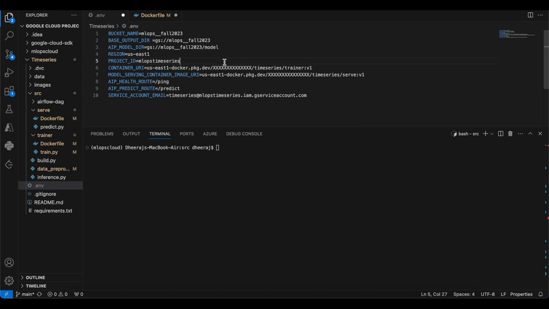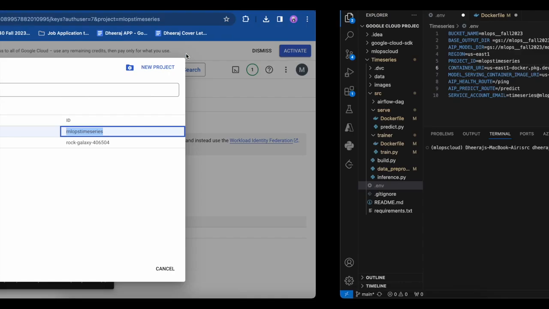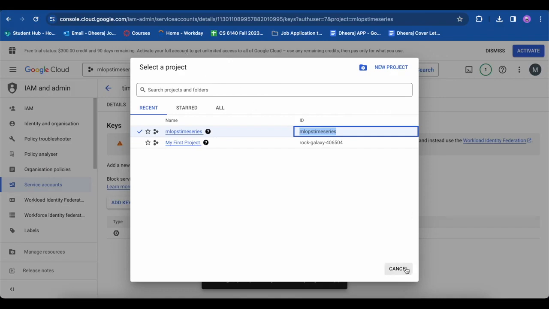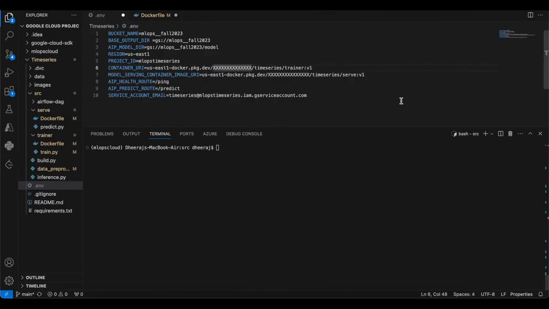So once you're done, later you need to replace these xxx with the folder names. For now, just follow this and create an env file with app health route as ping, predict, and replace the project ID with your project ID. Select the region as US East 1, and for right now, just keep these, and later we'll replace based on your bucket name. So once this is done, save your env file,